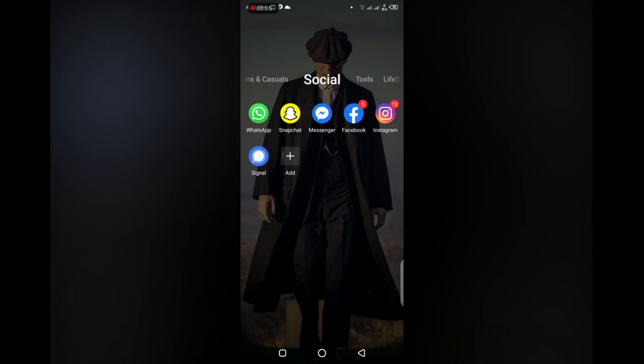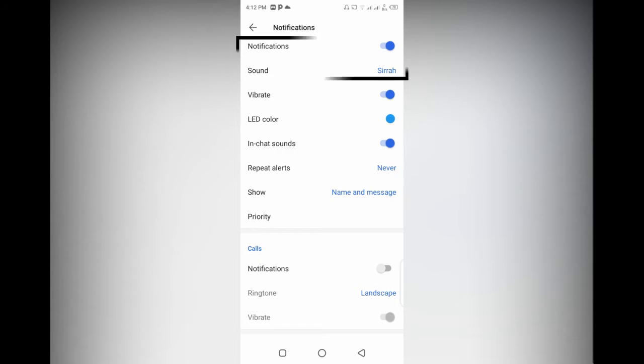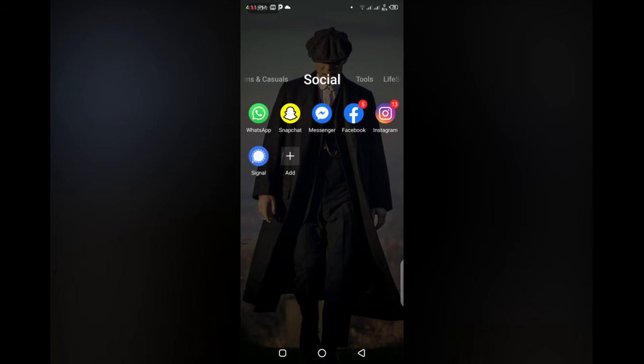This video is about changing the notification sounds for your Signal application. If you have any privacy issues with WhatsApp, you can switch your chats and calls to the Signal application. To change the sound settings of your Signal application, the first thing you have to make sure about